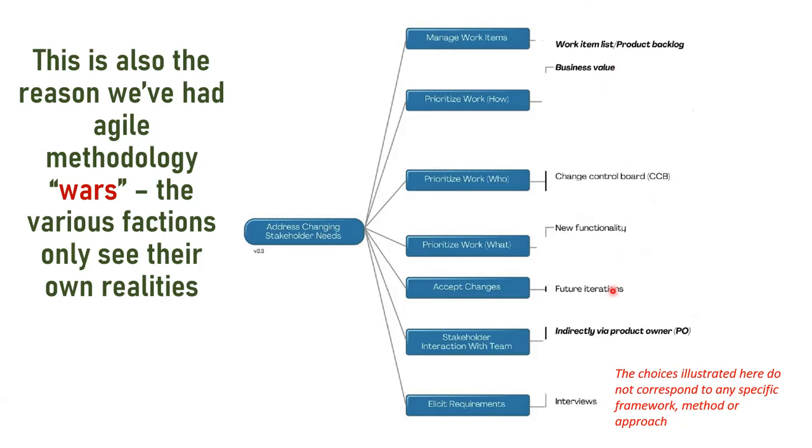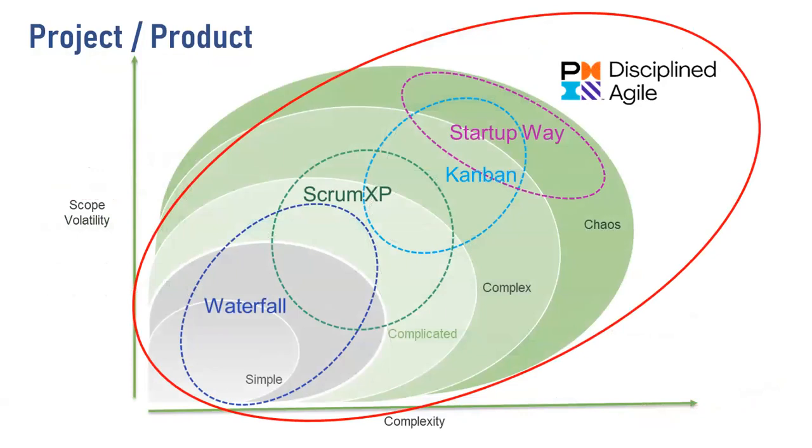All right. And if you want to look at this another way, remember at the beginning where we had a full list as DA presented it. Here's another way of looking at this. Here's a faux combination between Cynefin and a Stacey diagram. What I mean by that is on the level of complexity and scope volatility, I'm going from simple to complicated to complex to chaos here, just to give you a lay of the ground. I have now superimposed actual approaches or methods, and where their choices tend to make them live.